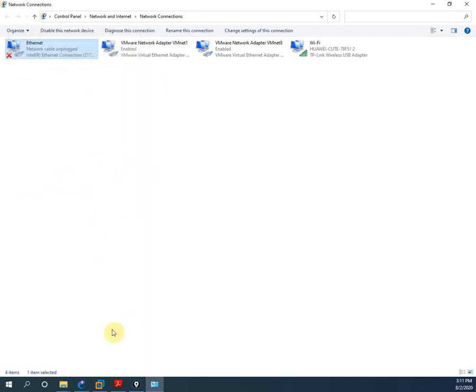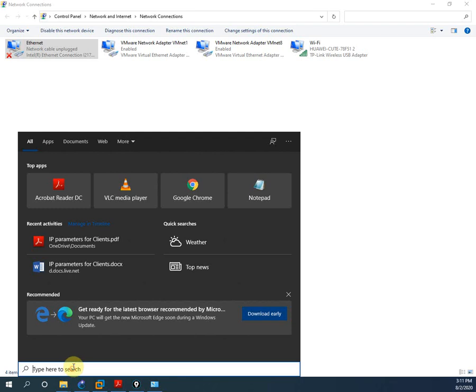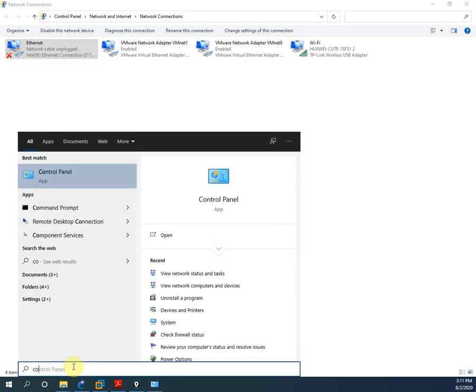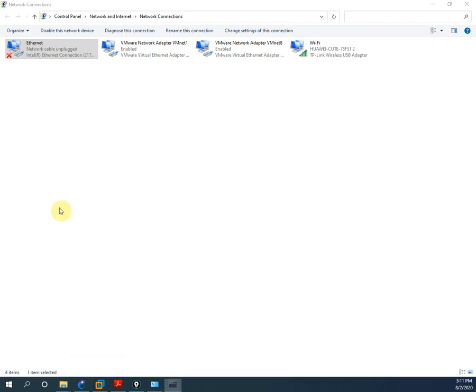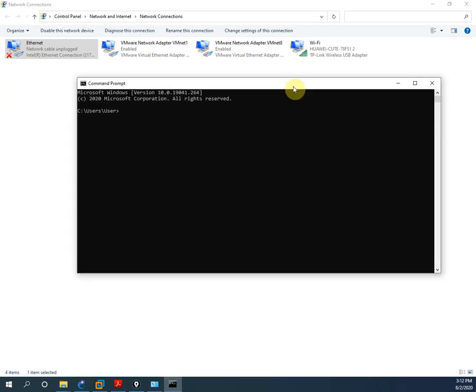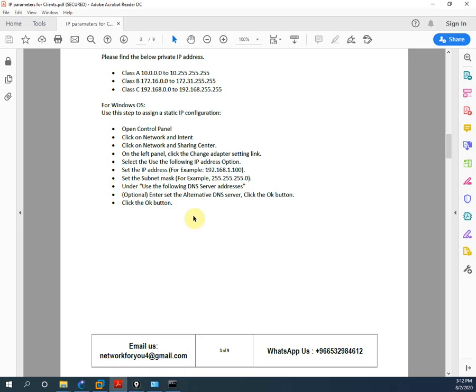So this IP is assigned to our Ethernet adapter. We are not using that one. If you connect the cable, you can assign. If you want to verify, we can go in the CMD. I will open the CMD. CMD is like this. How will we check? I will give you this note.